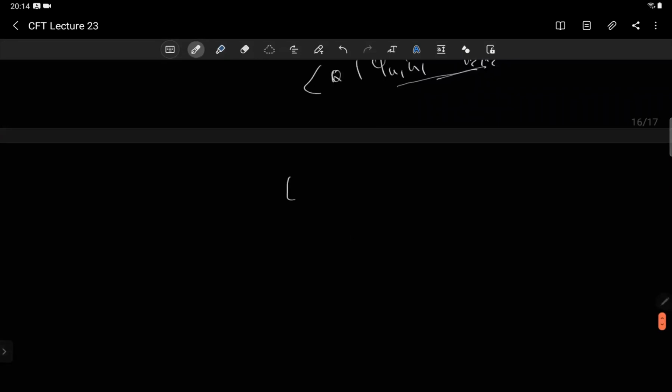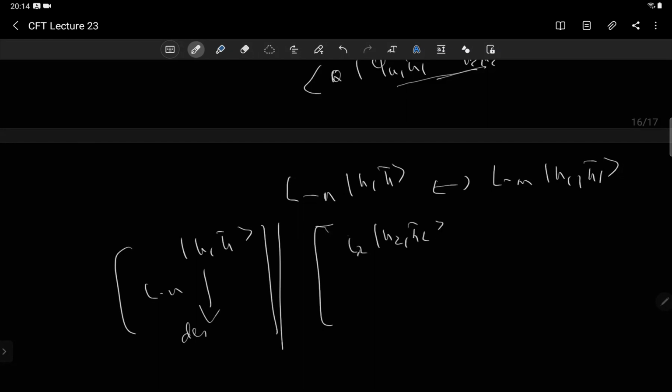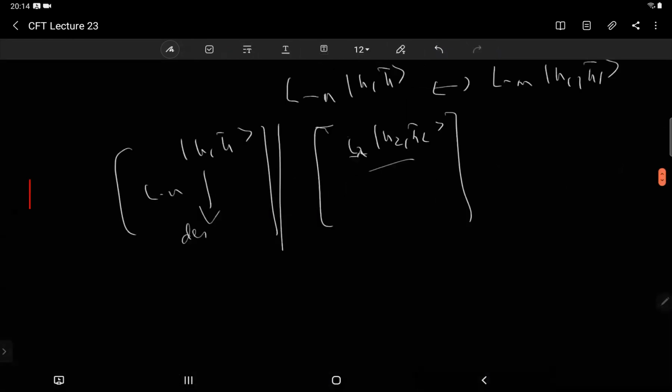এবং আমরা এটাও দেখাতে পারি যে L_{-n} h বার and L_{-m} h1 বার এটাও অর্থগোনাল। তার মানে প্রত্যেকটা h বার আর তার সব ডিসেন্ডেন্ট, মানে যেটা আমি L_{-n} দিয়ে হিট করে করে পেলাম, এই পুরো সেটটা অর্থগোনাল টু, আমি যদি h2 বার আর তার সব ডিসেন্ডেন্টস দিয়ে হিট করি, এই সেট এগুলো সব অর্থগোনাল টু ইচ আদার, বুঝতে পারলে? তো ইচ অফ দেম ইজ আ